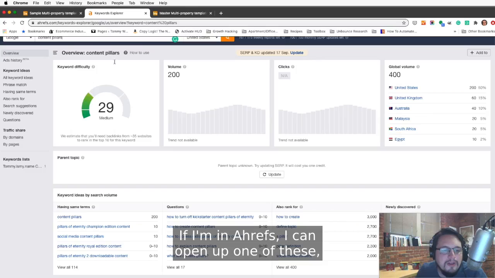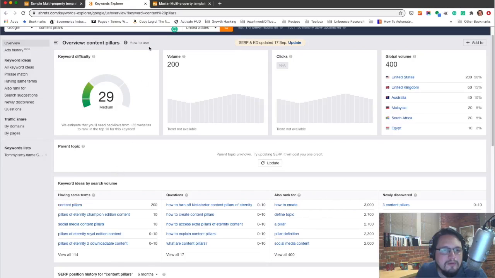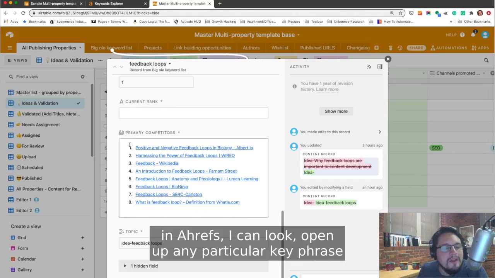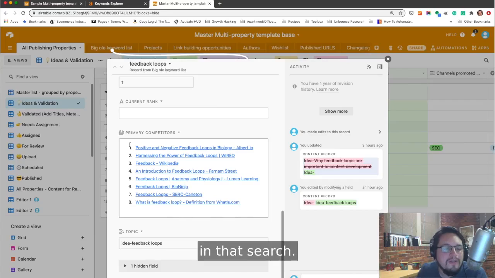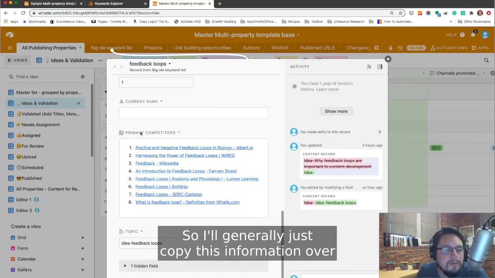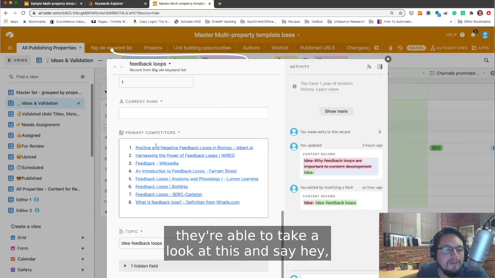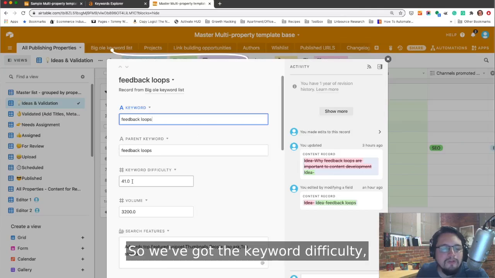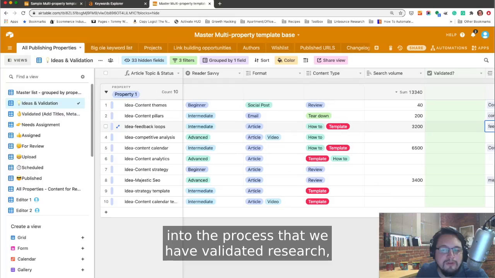If I'm in Ahrefs, I can open up one of these, I'll say content pillars. And what I can do is in Ahrefs, I can open up any particular key phrase, and it will show me who the primary top 10 competitors are in that search. So I'll generally just copy this information over, and when I go to assign it to a writer later on, they're able to take a look at this and say, hey, how do I beat these individual pieces, right? So we've got the keyword difficulty, we've got all this information filled out. Now we know when we get further on into the process that we have validated research,